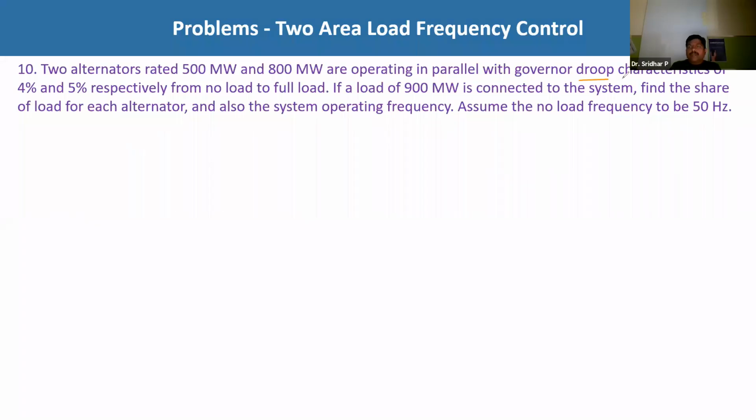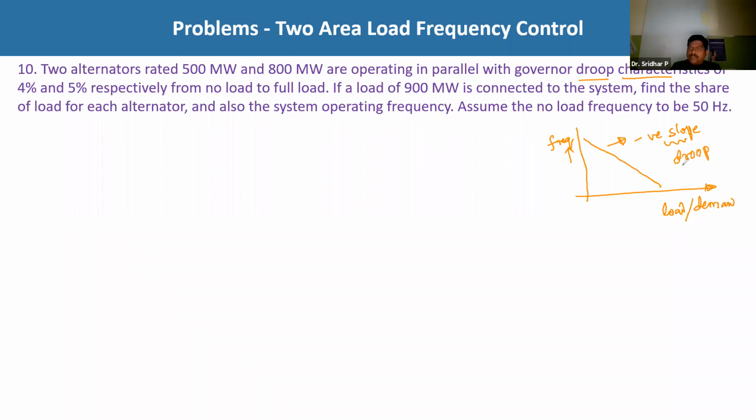Now, what is the droop characteristics? Generally, we know that on the x-axis, this is nothing but the demand, and on the y-axis, we mark the frequency, and the relation between the demand and the frequency. Demand means the load demand or loads. So if the load increases, frequency decreases. Based on this, approximately the relation between frequency and the load demand is like this. So this line will have a negative slope. Negative slope is nothing but what is called a droop.